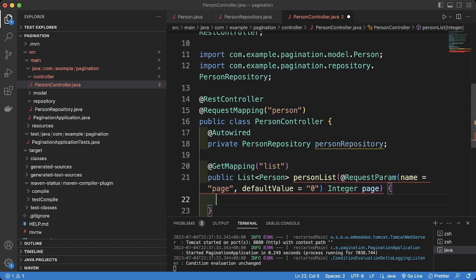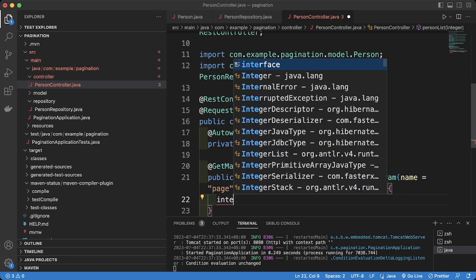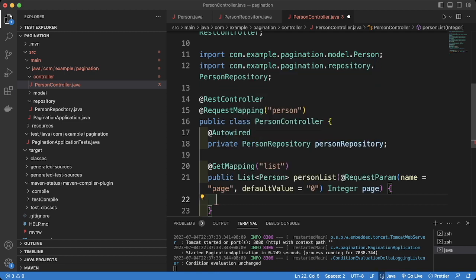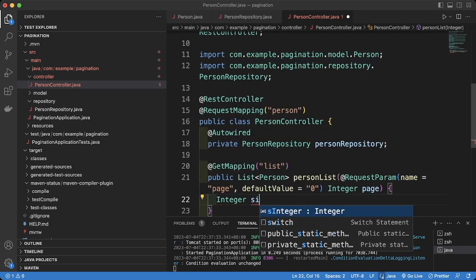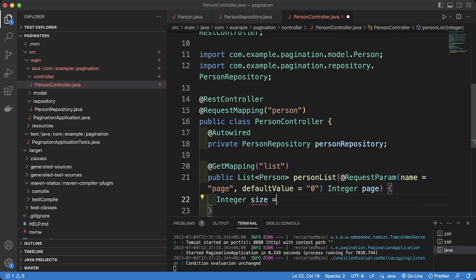Next, we will define the size. It represents how many items per page. Its type will be integer, and the variable name will be size, and we will give it